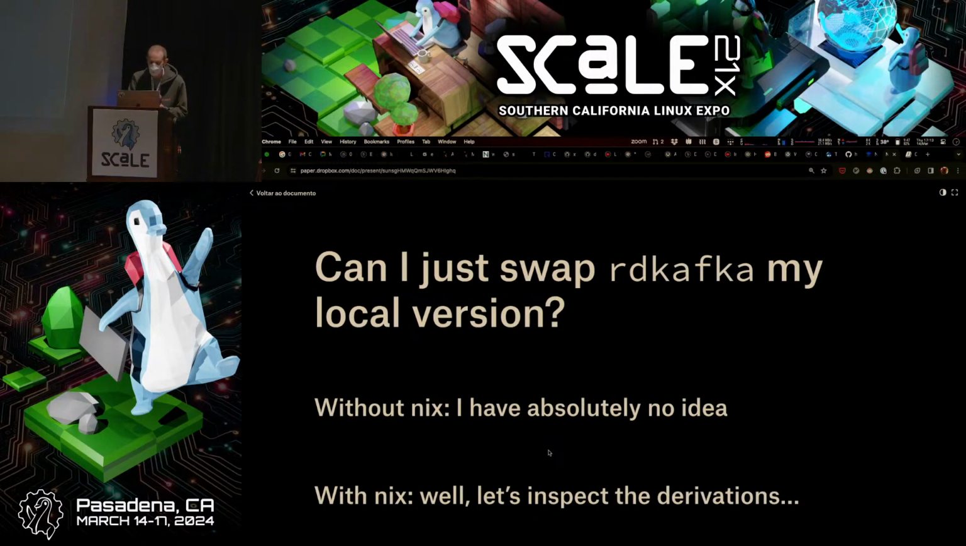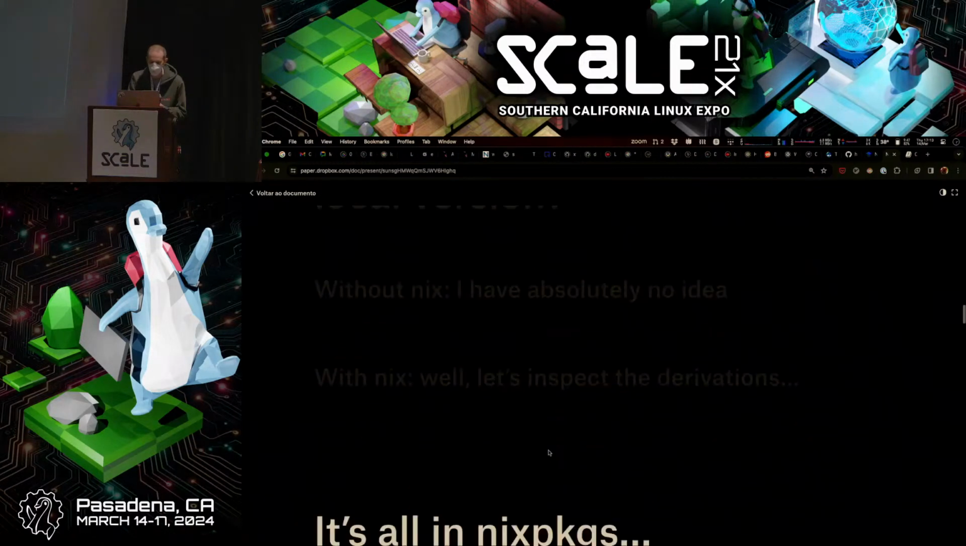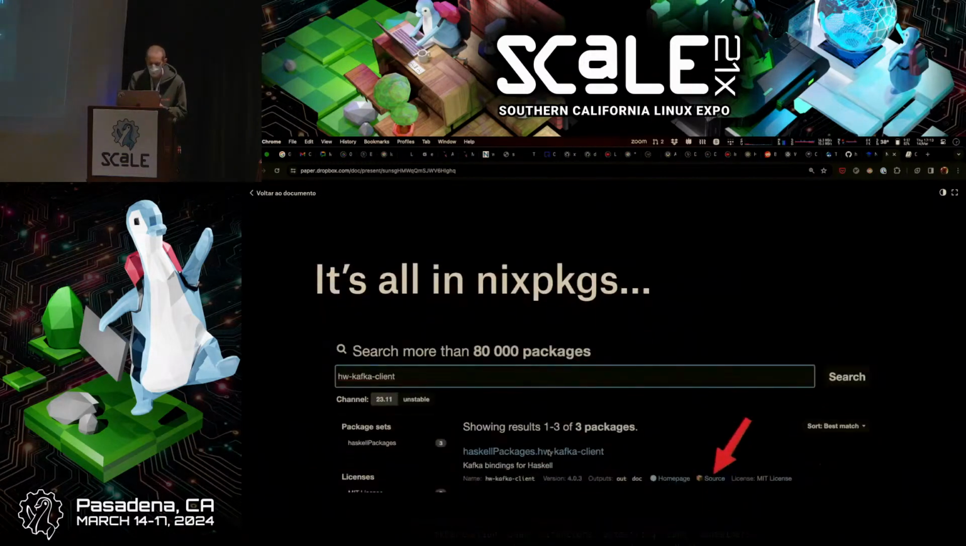With Nix, I know there's a chain of derivations that takes me from my application to RDKafka. And then what I do is I just go to search.nixos.org, and I find